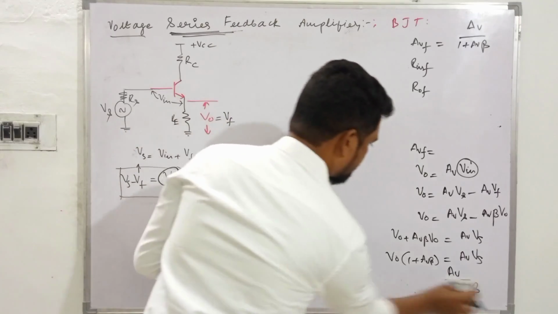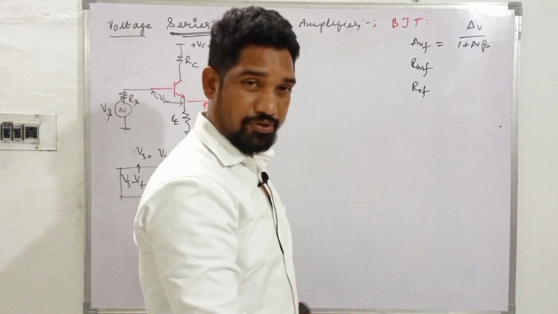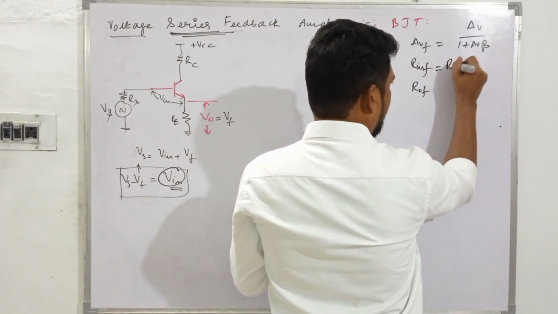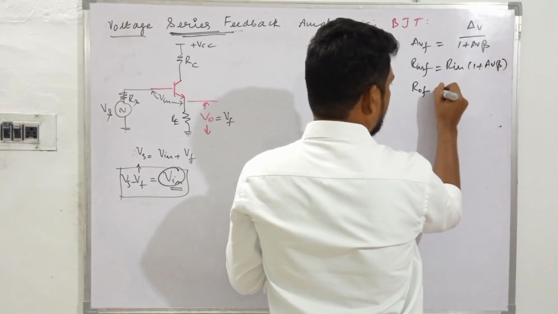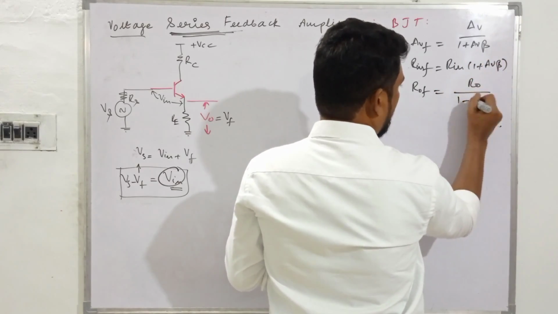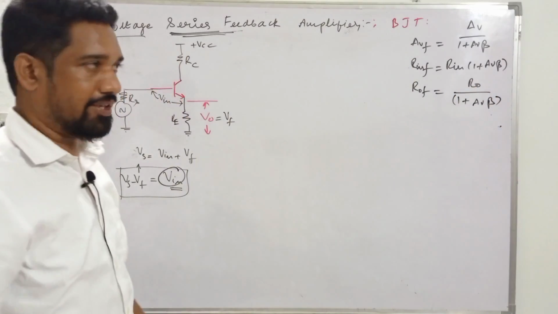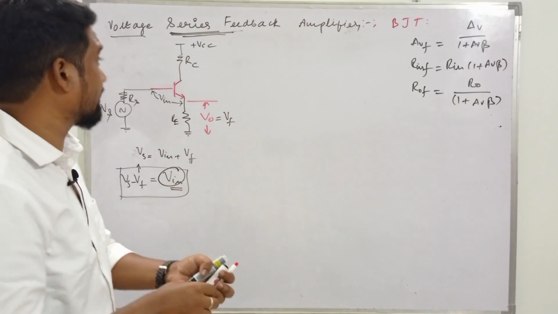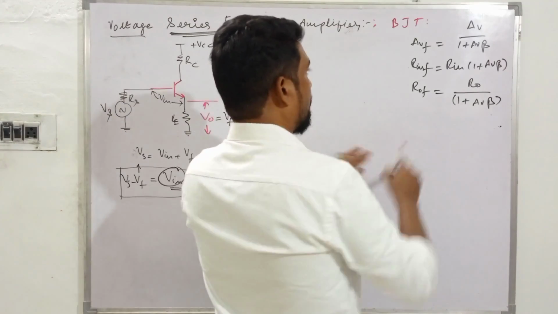All right, and let me provide you the link. Previous to this video, I have derived the expression for RNF. It's Rn into 1 plus AV into beta, right? So R0 by 1 plus AV into beta. We have done this, we have that proof. So here, as far as this discussion is concerned regarding the voltage series feedback amplifier and deriving expressions for all these three,